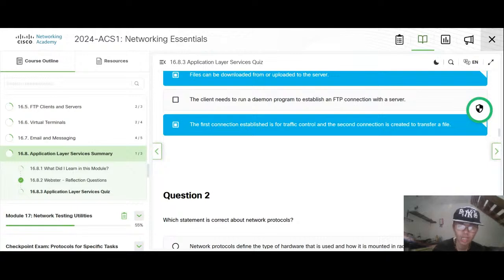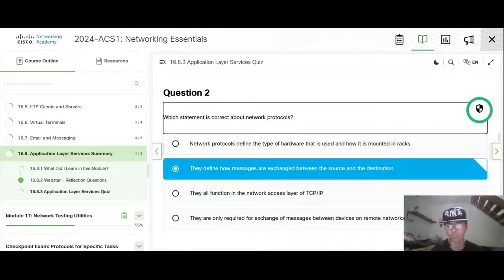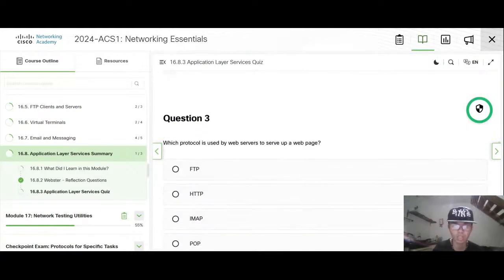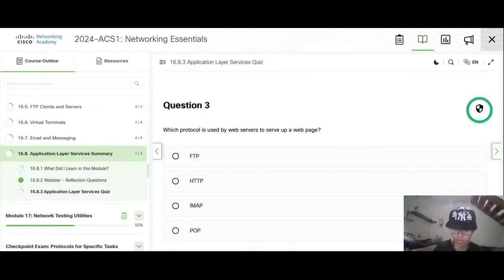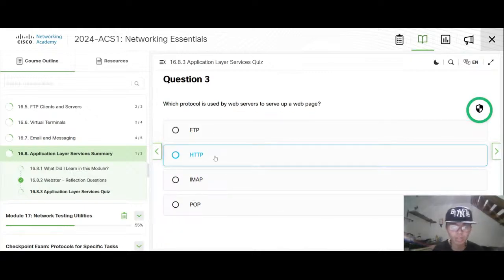Or maybe, yeah. Network protocols between the source and the destination. Serve a web page. Web page. Okay.